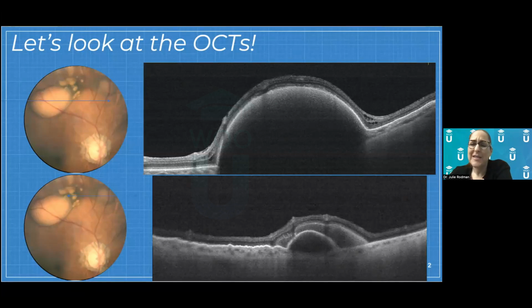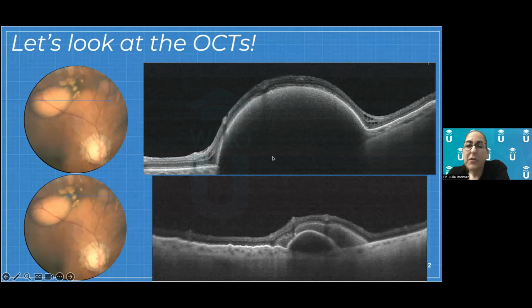But we're not done. When we say RPE detachment, we have to then ask ourselves, what kind of RPE detachment is it? Remember, there's multiple kinds. There's a serous pigment epithelial detachment, which would look black. It would have all one homogeneous black color to it. So you can rule that out because you can see that on the top of this PED, there's some haziness to it. The second kind of PED is a drusenoid PED, which is going to look really white inside. This one doesn't look white.